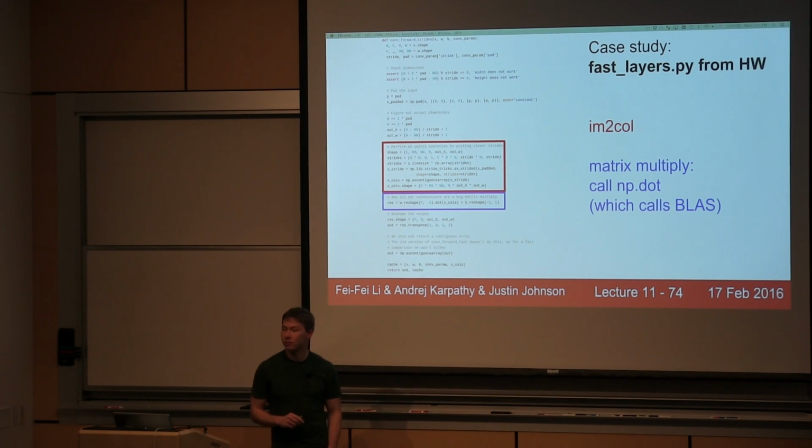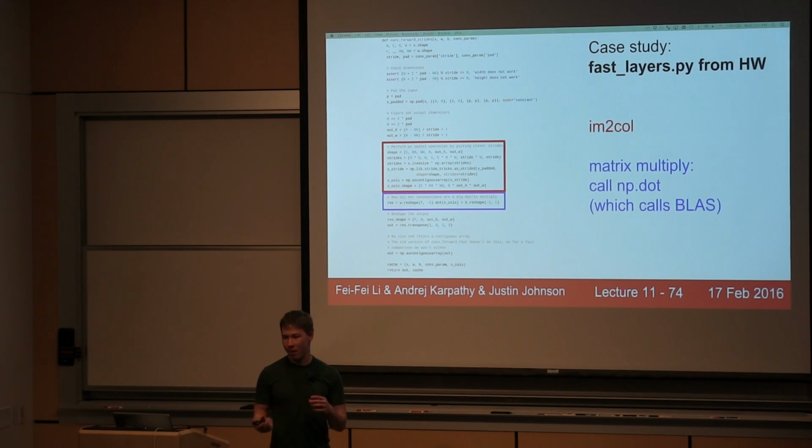Yeah? How does that work in reverse, like backprop? Yeah, so then you have to think about it a little bit. But if you think really hard, you'll realize that the backward pass on a convolution is actually also a convolution, which you may have figured out if you were thinking about it on your homework. The backward pass of a convolution is also a type of convolution over the upstream gradients. So you can use a similar type of im2col method for the backward pass as well. The only trick there is that